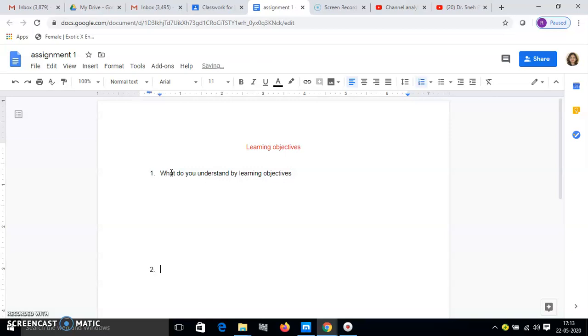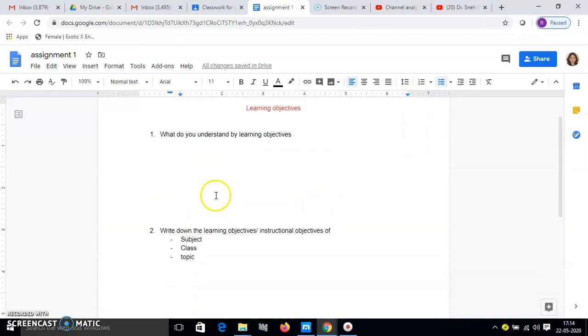Suppose for the second I want to add: write down the learning objectives, or instructional objectives, of a subject you are teaching, the class, and then the topic. Fine. So this I can just write down over here.